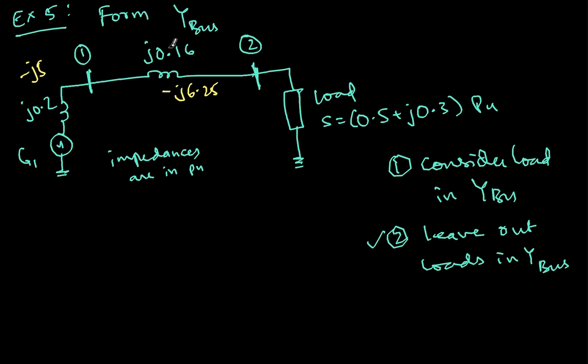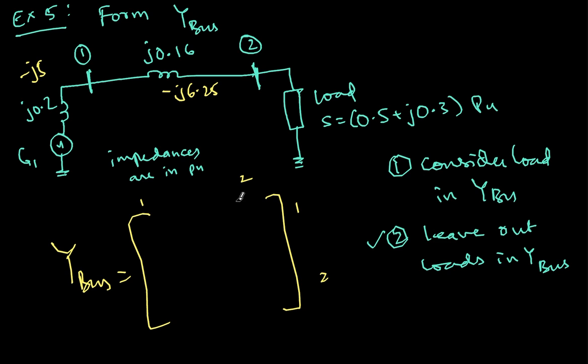So if you do 1 by 0.16, you get this. So from this, I can build the Y bus. So Y bus will be something like this. Only a 2 by 2 matrix, 1, 2, 1, 2. So this first row, second column,